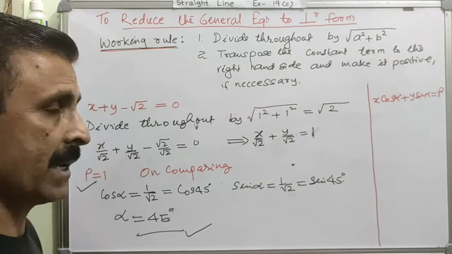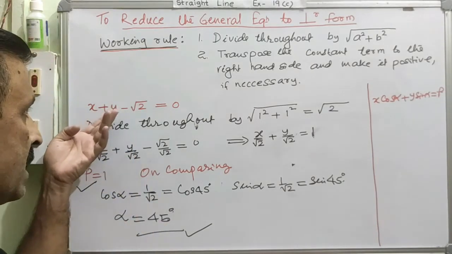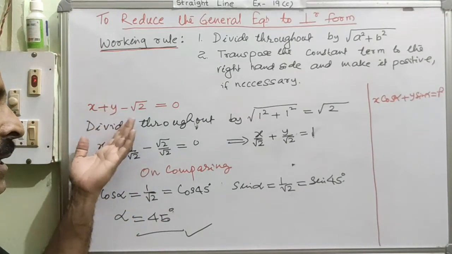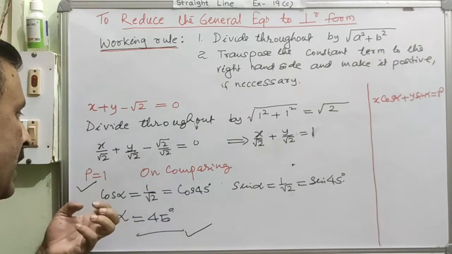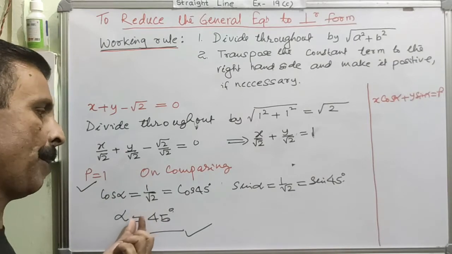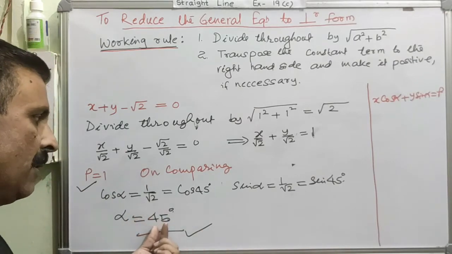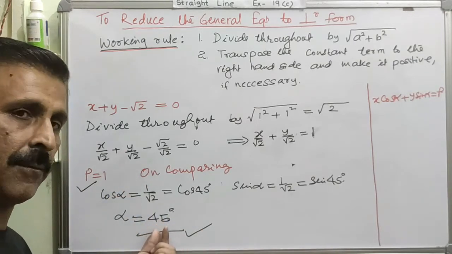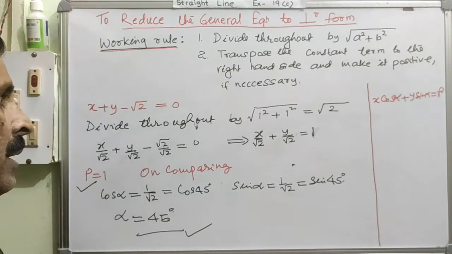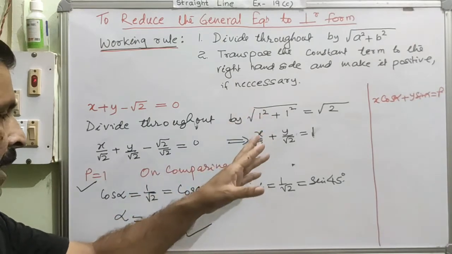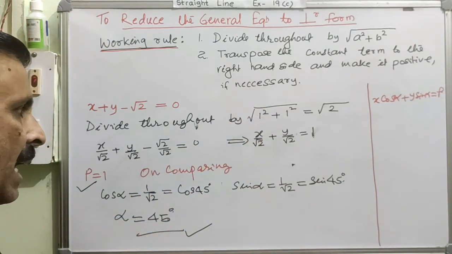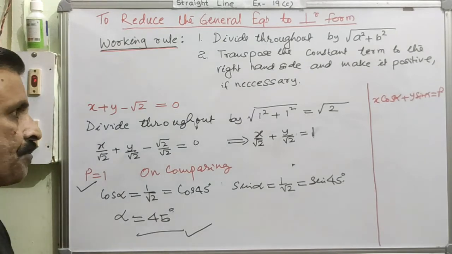Hope the whole process is very clear, right? Of converting this general equation into the perpendicular form. So convert this general equation into the perpendicular form and then also extract the value of the length of the perpendicular and the angle of the perpendicular with the x-axis, that is the value of alpha, that is 45 degree. Am I very clear? So this question is taken separately. Now here I have something to tell you.